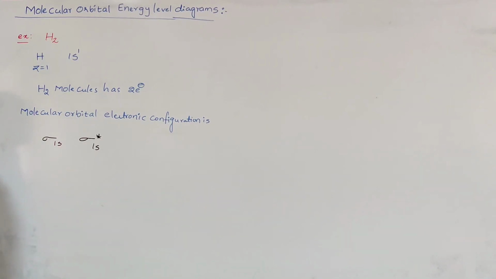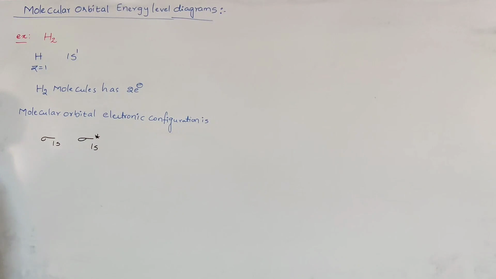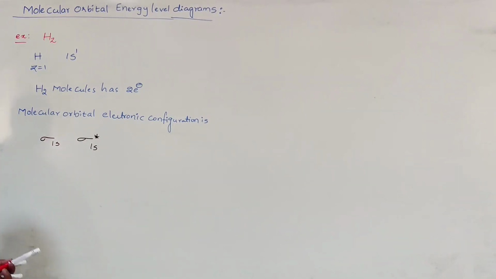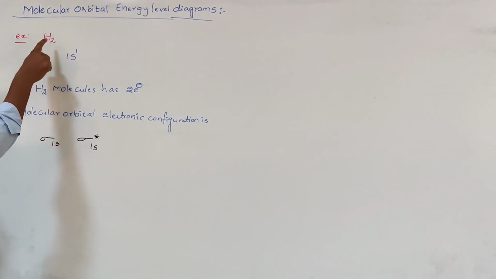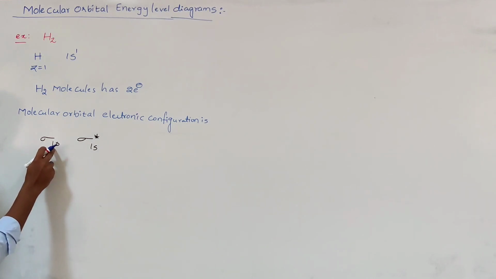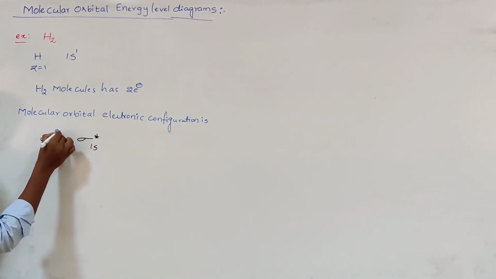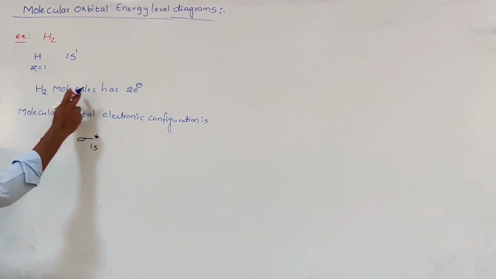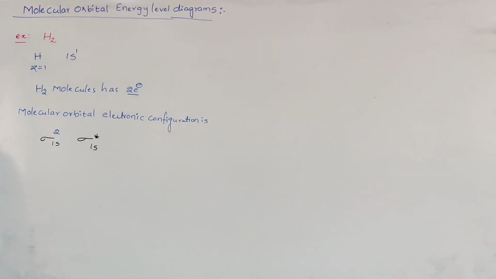The Aufbau principle says that the electrons first go to the lower energy molecular orbital. So here, the lower energy molecular orbital is sigma 1s. Pauli's exclusion principle says that each orbital can accommodate a maximum of 2 electrons with opposite spin. So here in this hydrogen molecule only 2 electrons are present. Those 2 electrons first go to the molecular orbital sigma 1s. In sigma star 1s, no electron is present because this molecule has only how many electrons? 2 electrons. This is the molecular orbital electronic configuration.